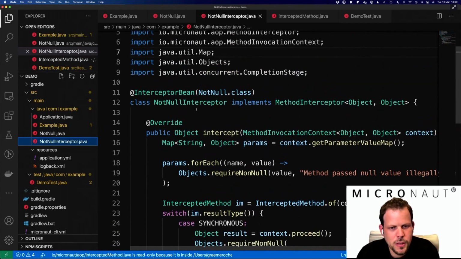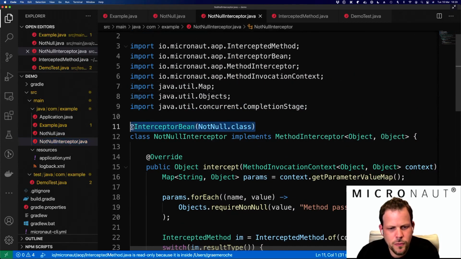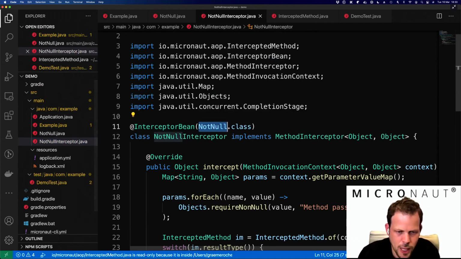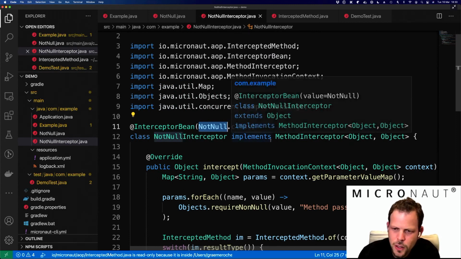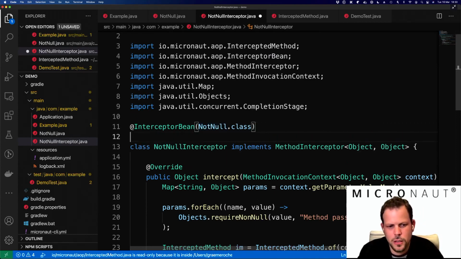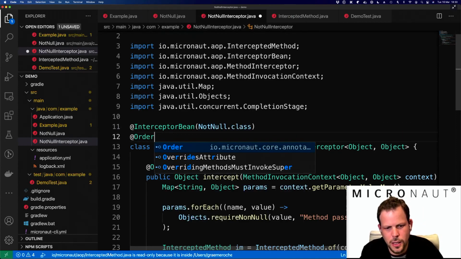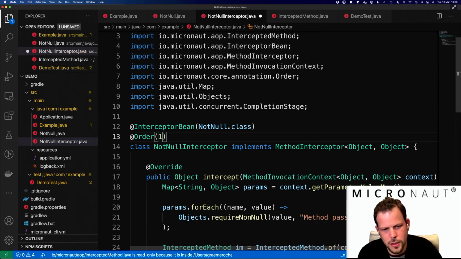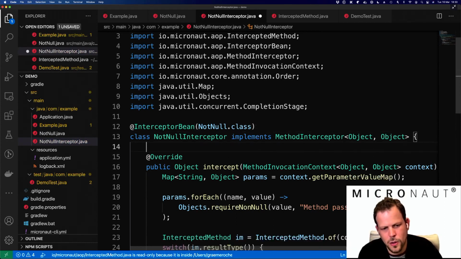And an important thing to remember as well is I can have multiple of these. So I can have two interceptor beans that both match the annotation and provide different behavior. You can control their order in a number of ways. One way is to add the Ordered annotation, and specify an order, which is just a number. Another way is to override